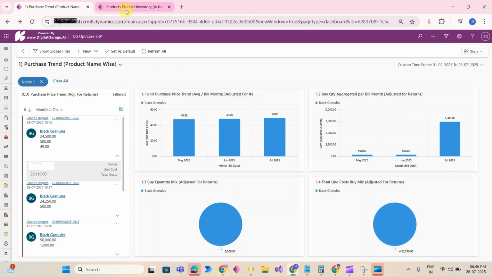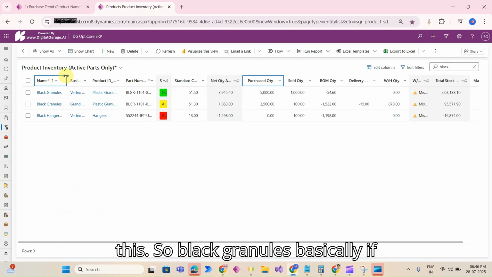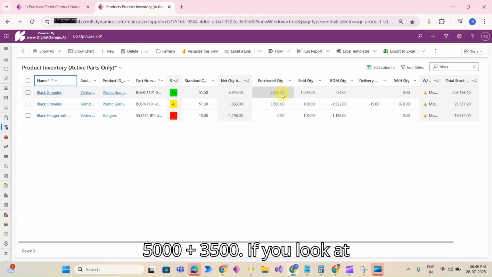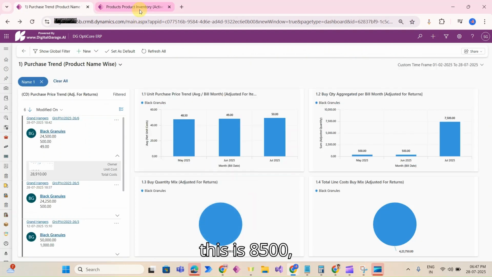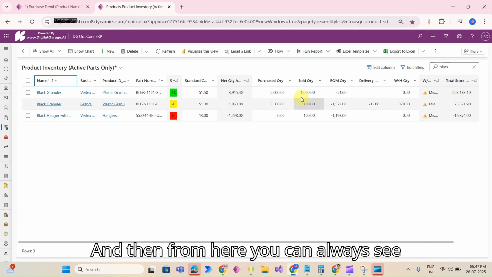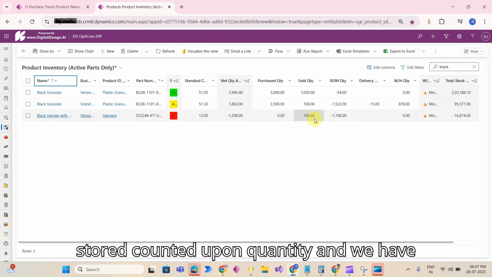Now I'll take you to this. So black granules, basically, if you look at the purchase quantity, it is 5000 plus 3500. If you look at this, it is 8500. Okay. And then from here you can always see what is the stored quantity, pound quantity, and we've already